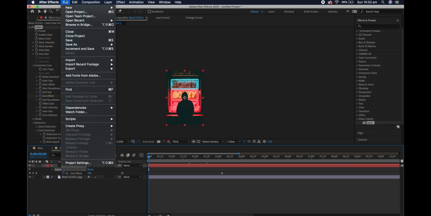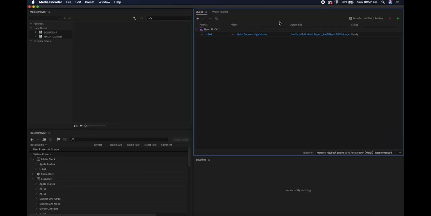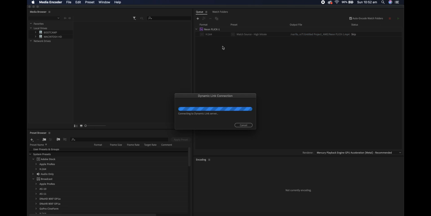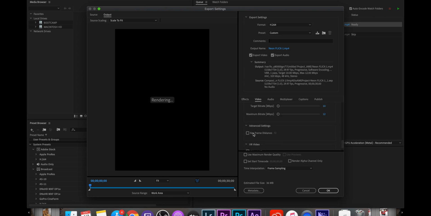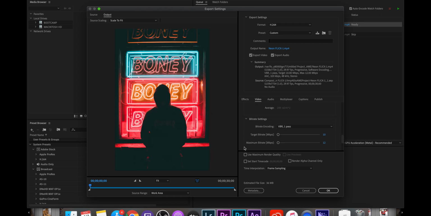And then for the export settings, I know everyone's going to ask, how do I export this? File, export, add to Adobe Media Encoder Queue. And this is going to pop up here in the encoder, and you want to click on the match source high bitrate thing. Render at maximum depth, you want to click that. I'm just going to leave this at 1 pass because Instagram already compresses your videos, so I'm just going to leave that at that. Use maximum render quality and just save it to wherever you want to save it,